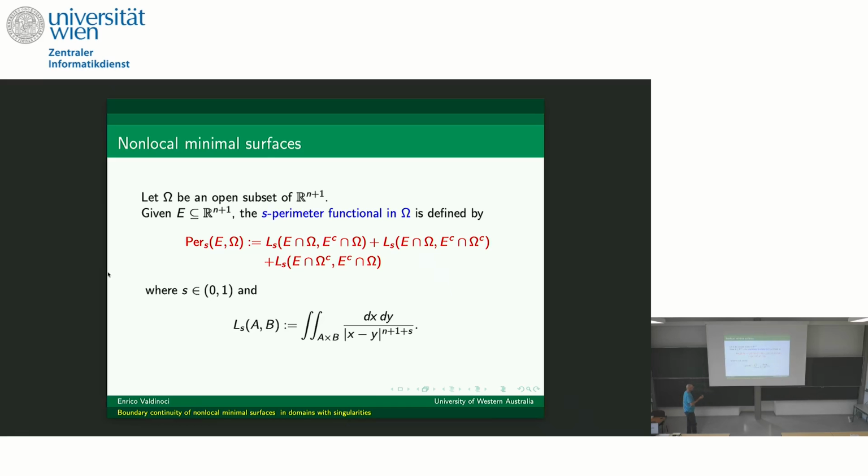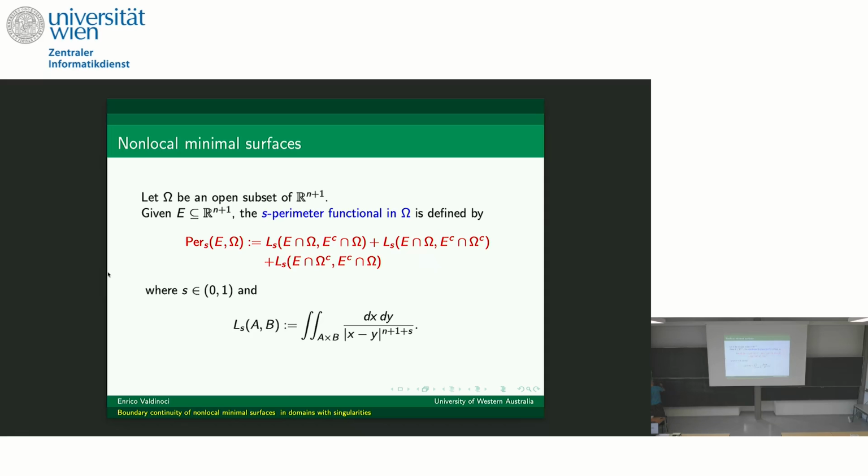In general, if I want to look at non-local minimal surfaces, I will consider Rn plus 1 as my ambient space, and the S perimeter of the set E in the domain omega, and now omega for me in this notation is Rn plus 1, and then I will restrict to the graphical cases later on